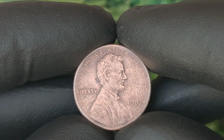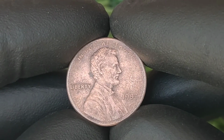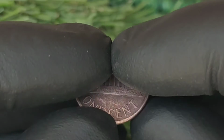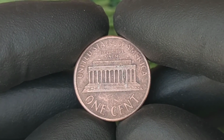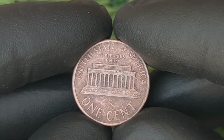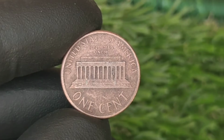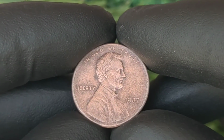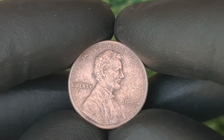These organizations evaluate and certify coins, establishing their condition and authenticating them on behalf of collectors. Their assessments contribute profoundly to a coin's market value, as collectors feel more at ease knowing they own an authenticated, high-quality specimen. A well-graded 1987 penny featuring a double-die error can attract not just attention, but extraordinary price tags, potentially